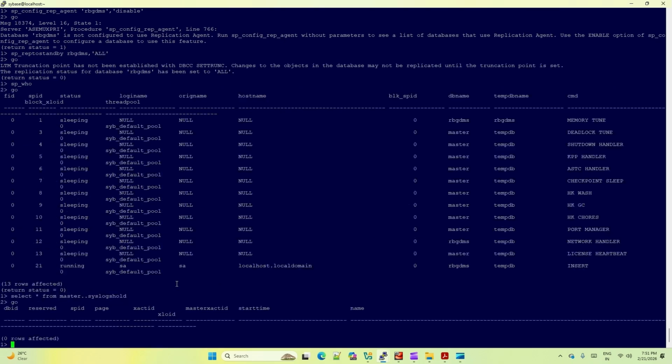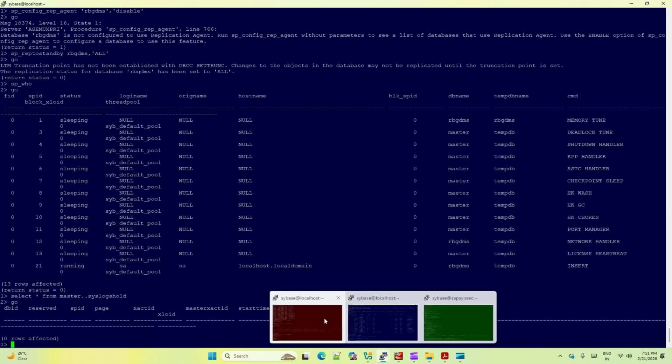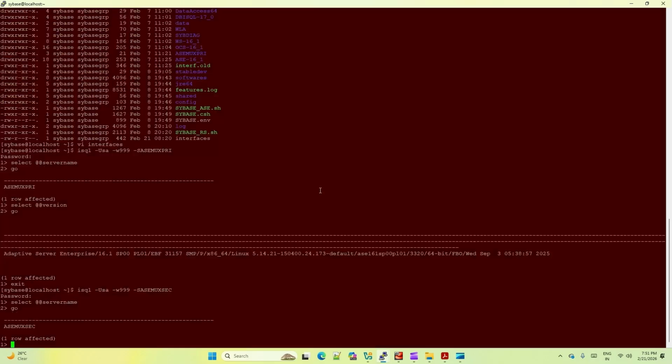Basically we will go back to the replication server where we will create the logical connection. That is important here for warm standby. There should be a logical connection. Based on that, we will configure each and everything. So create logical connection to